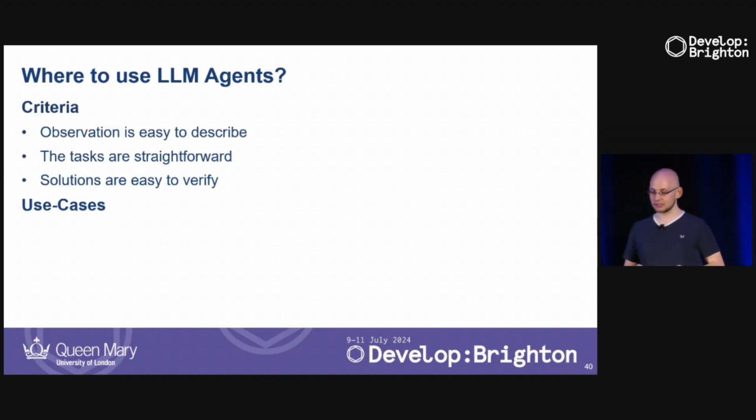So where do we want to use LLMs? Given what we just looked at, there are a lot of criteria that we have to consider, right? The observations should be easy to describe, so we don't have to do a lot of work. The task should be straightforward, again, right? The task should be just step, step, step, and not a lot of thinking done by the LLM. It just knows this is what I have to do, and I can roughly do them step by step. And because we want to do playtesting, the solutions that we try to get the LLM to find should be easy to verify. We've seen before that the LLM can tell us when it's done, but it's not 100% perfect, so it might make mistakes. So in the best case, if we want to use it for playtesting, we want to still implement the test ourselves.